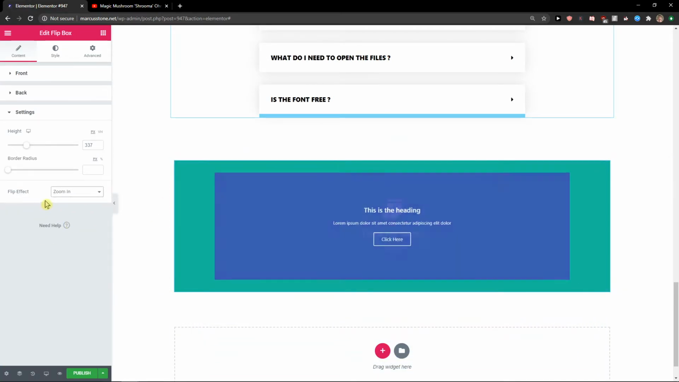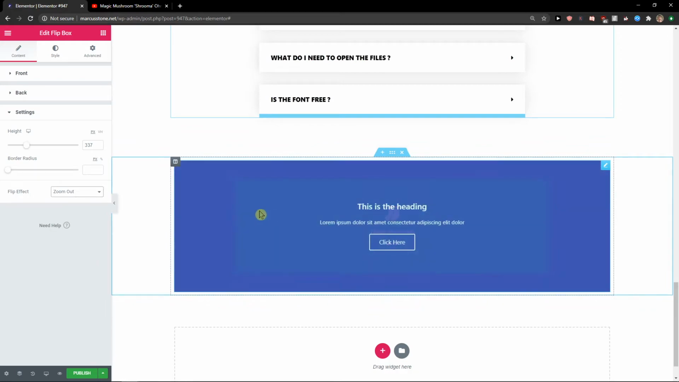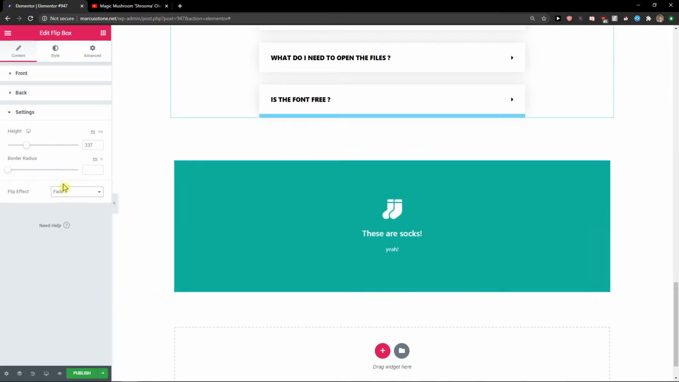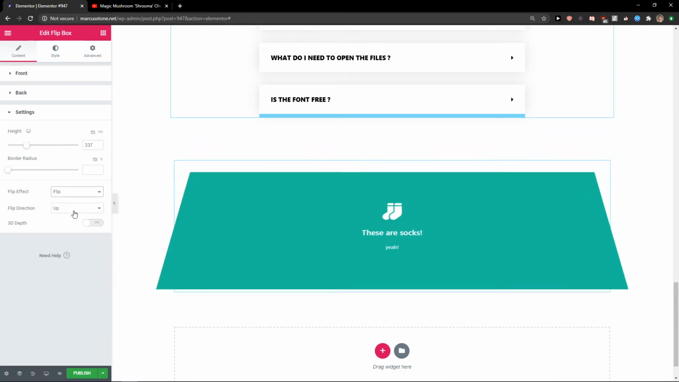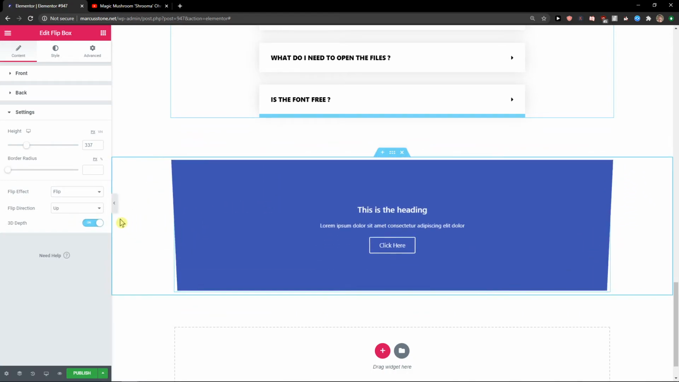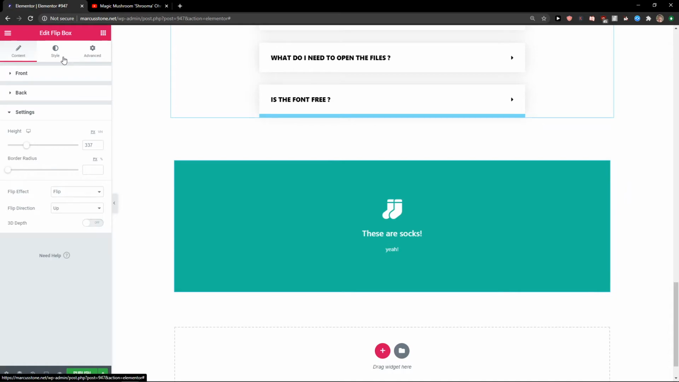Zoom in, it's crazy. Zoom out is good too, or fade is also good. So it's really like up to you which one you choose. Then you go to style,